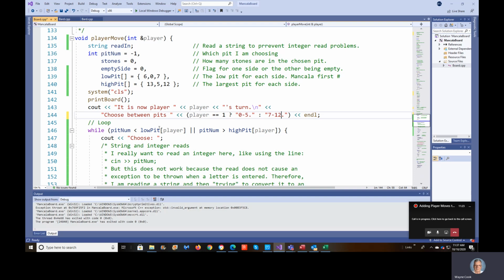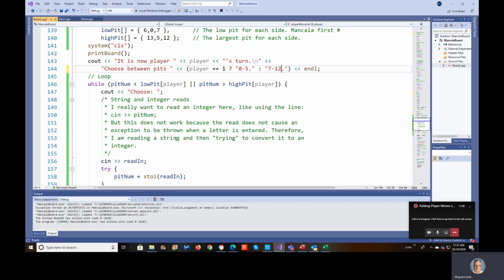So now I'm going to loop, and then check to make sure that the pits are allowable. And if they're out of range, then I'm just going to loop back through here. So this choice is going to be done as many times until somebody gets a pit that is in the